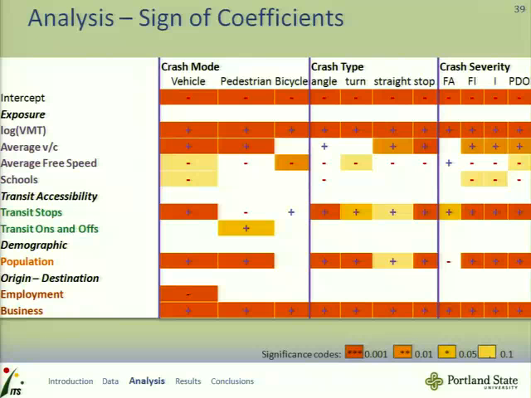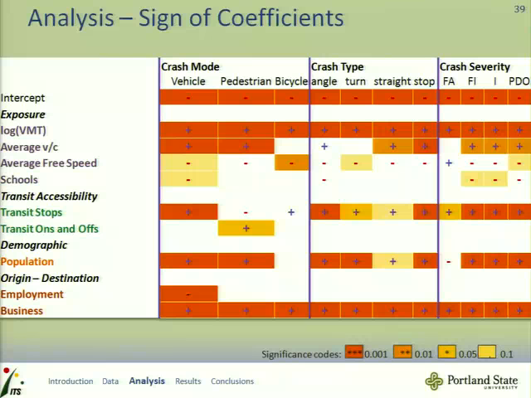So the overall results of all these models, if you have a coefficient that's positive, that means that adding a higher value will mean you have more crashes. And I've color-coded them by significance levels. And looking at this across the board, the VMT, vehicle miles traveled, was significant in all of the model groupings. The other factor that was significant in all the model groupings is down at the bottom, businesses. Other than that, we see some differences emerging.